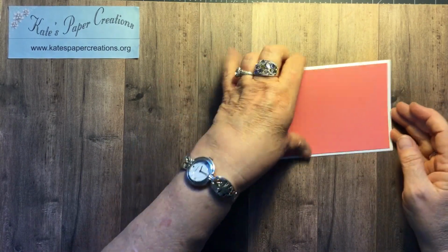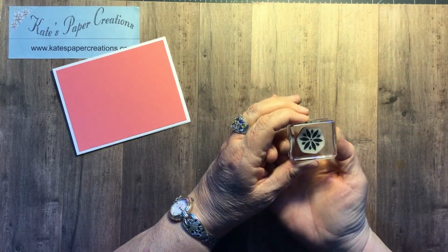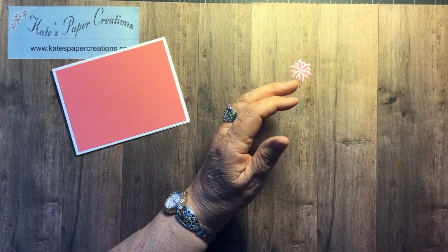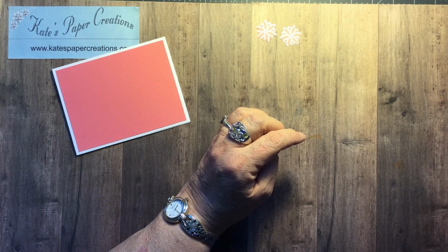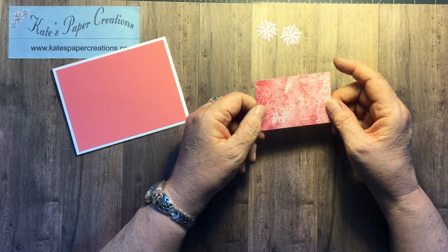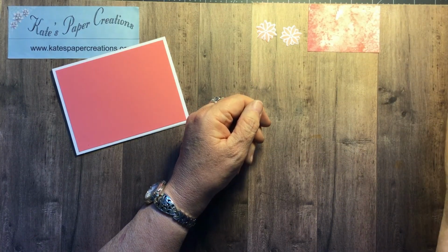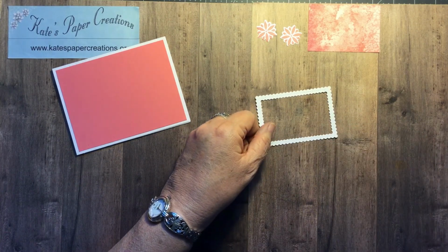And there's that piece. The next thing I did was I stamped this image from the Vine Design stamp set with Flirty Flamingo, and I die cut out 2 of those. So I have 1, 2 of those. Then I cut a piece of Sand and Sea Designer Series paper, and this piece is cut 2 1/4 by 3 3/8. Okay, and then there's this piece that I cut, and when I used those dies, I used them both